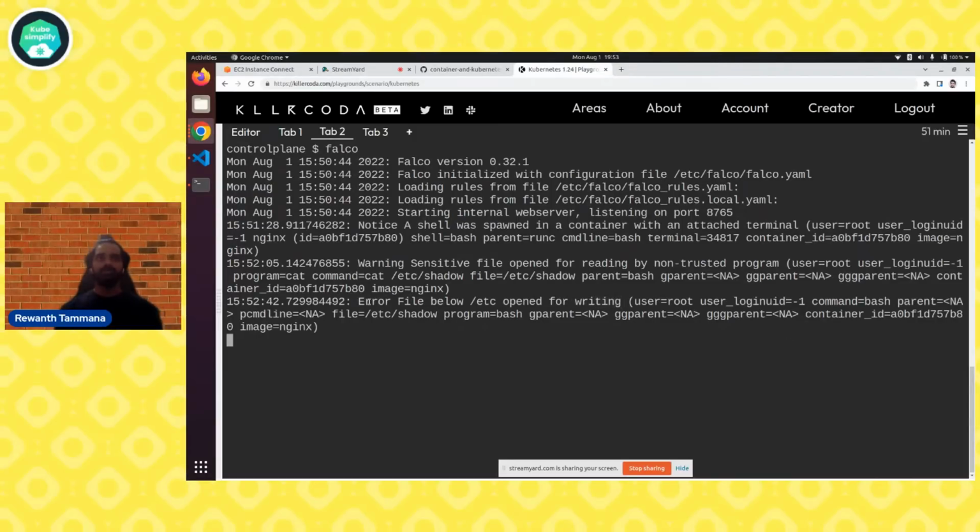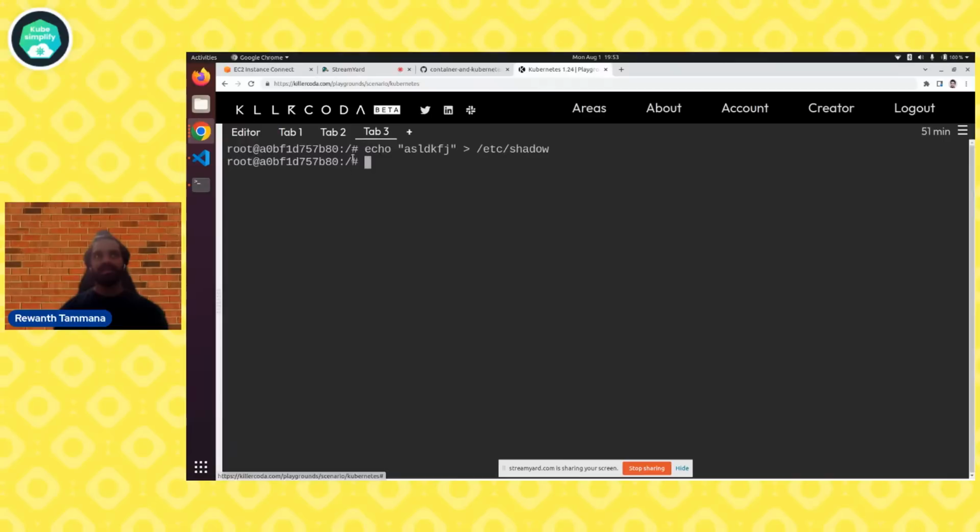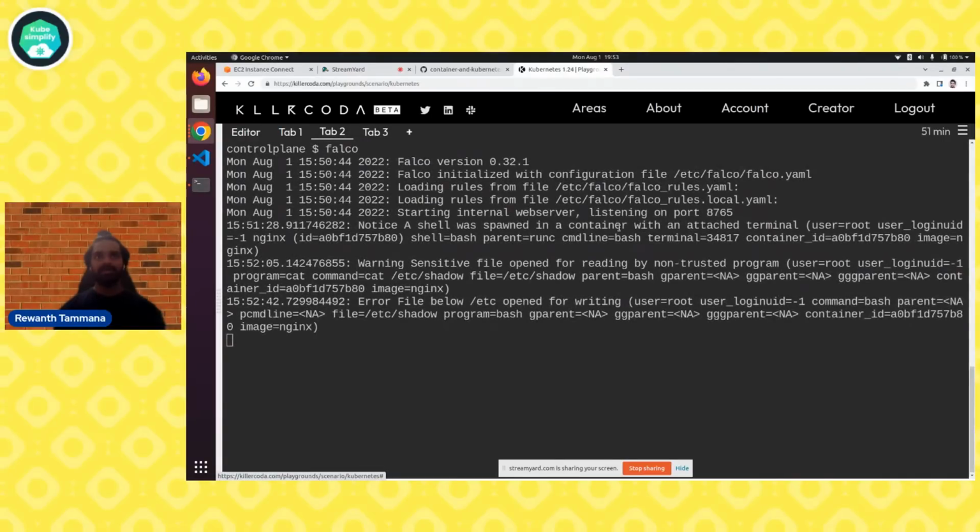So whenever you get an alert, you can integrate this with your SIEM or some alert management mechanisms. So you'll get an alert immediately and understand that something is wrong with this specific container. And you can create your own rules as well. For example, if you see, rules are loaded from this location. So if we go to this location,